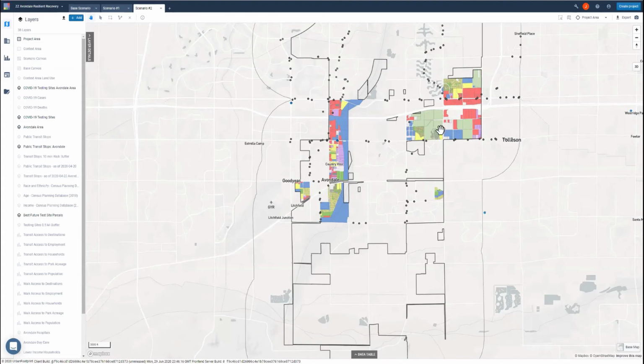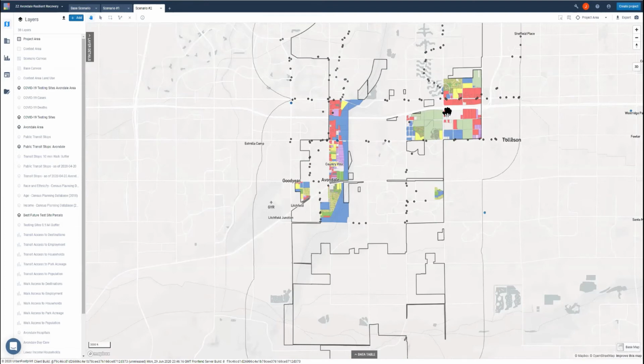These census block group areas here and the land use that we're seeing right now for these areas indicates that this is probably a good location, a good destination to focus on identifying a site for a second testing location, given the proximity to transit, given the population that it would be serving,